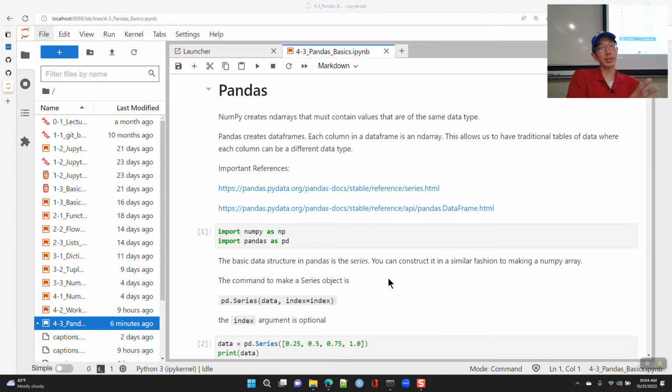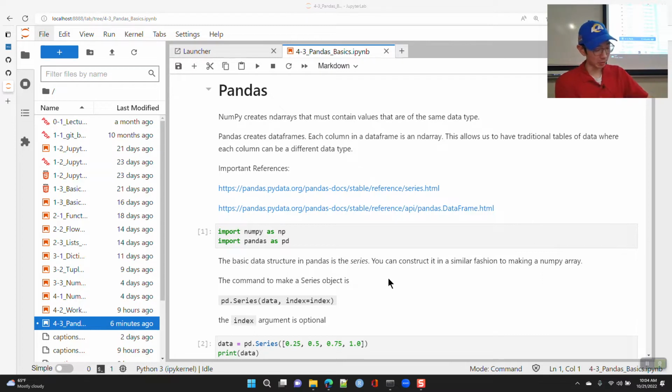So Python data frames are all done through Pandas, and it's built around NumPy arrays. In NumPy, we created the array structure, and one of its defining features is that everything in that array has to be of the same data type. That rapidly increases the speed of computation because Python knows everything in this array is a float, whereas in a list there's a bunch of overhead saying this value is an integer, this is a float, and this is a string.